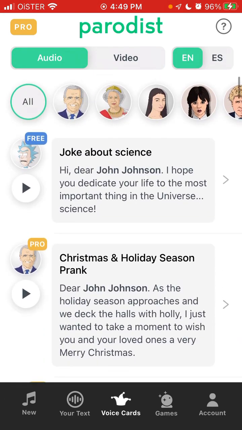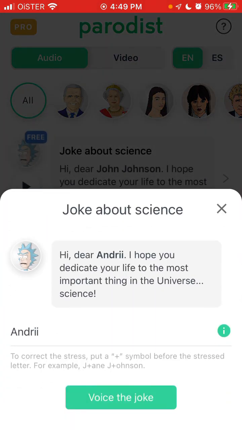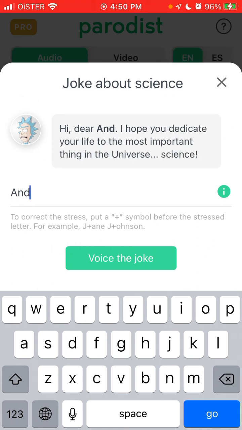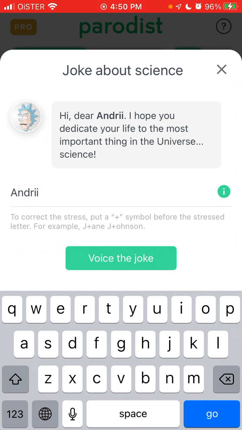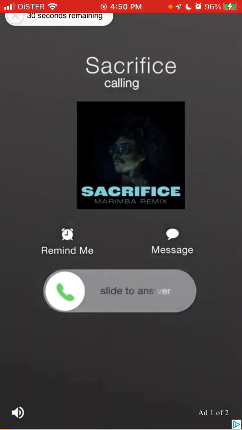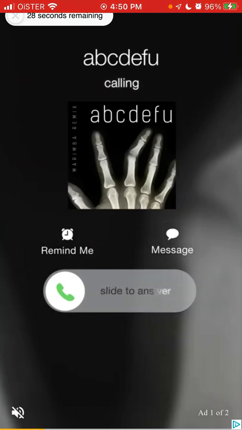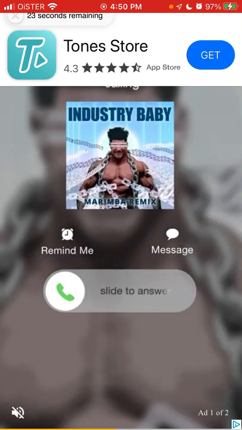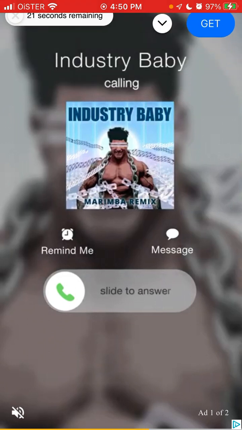So here you can just see celebrities, and for example, you can see some text, and then here in the bottom you can just change the name of the person. And then you will need to wait to see the ad.